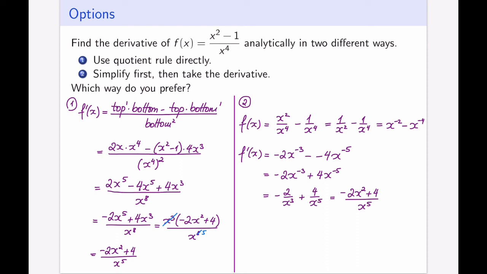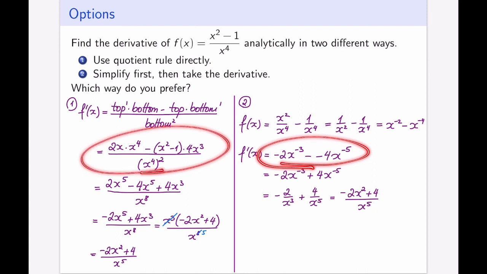This is why I was saying that it's important that you go through both of the methods to figure out which one you prefer. In different questions, different methods would be preferable. If all you're doing is finding a derivative, this is certainly the fastest way to go because you would have stopped right here and you have only two terms to deal with as opposed to the entire big fraction that the quotient rule will inevitably